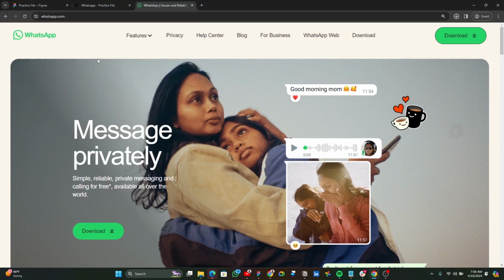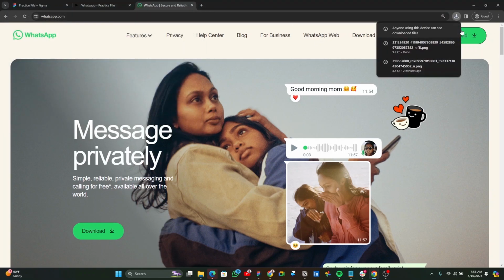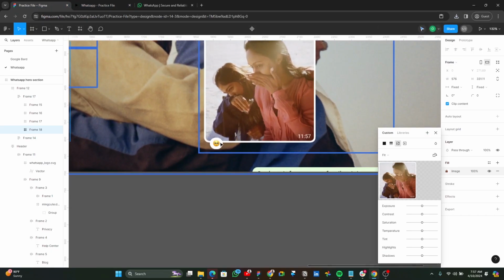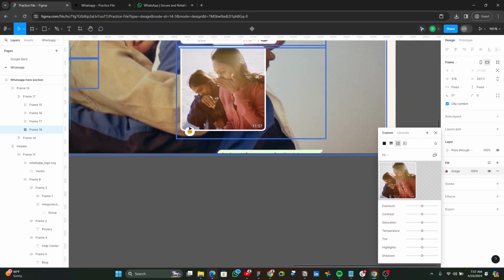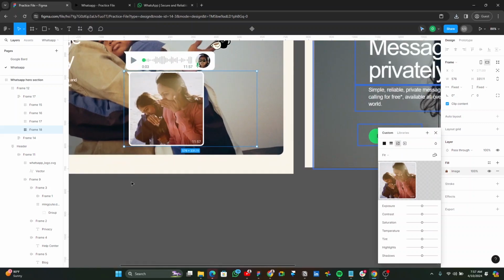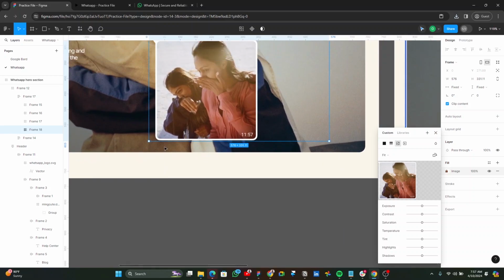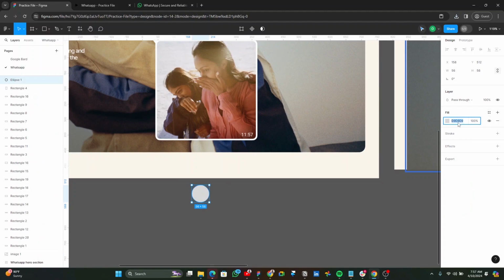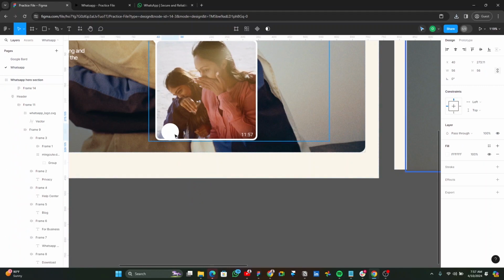Let's just save it like that. So for this image, it is a circle, right? So we are going to have to create a circle and put the circle inside that place. I'm going to create a circle using the ellipse tool, O. Then I'll fill it with white, then I'll come and drag it and paste it